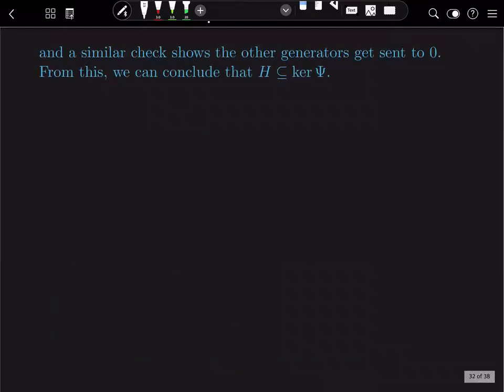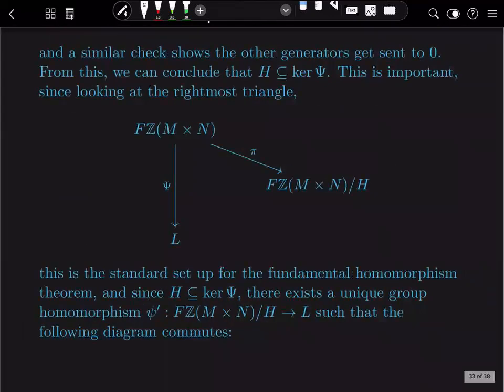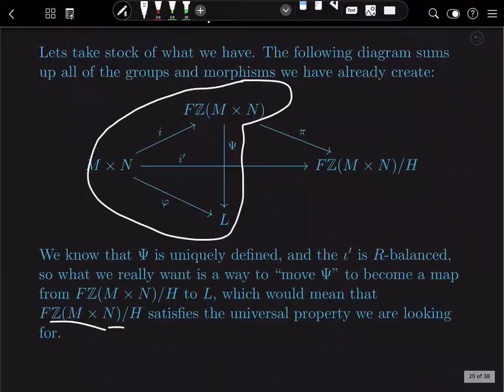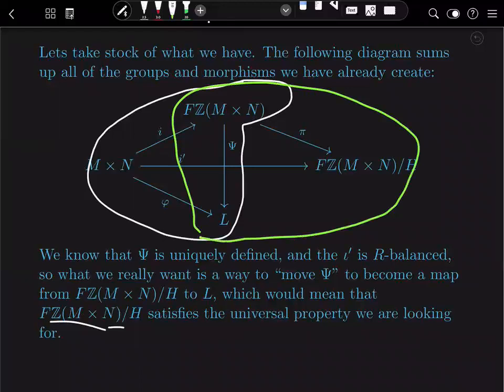So a similar check shows the generators get sent to 0, and from this we can conclude that H is a subset of the kernel. Okay, and this is important because of the rightmost triangle. If we look at this triangle here,